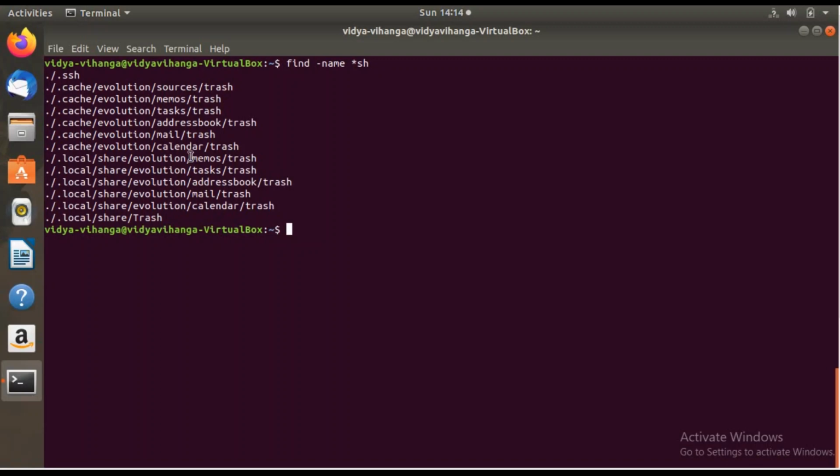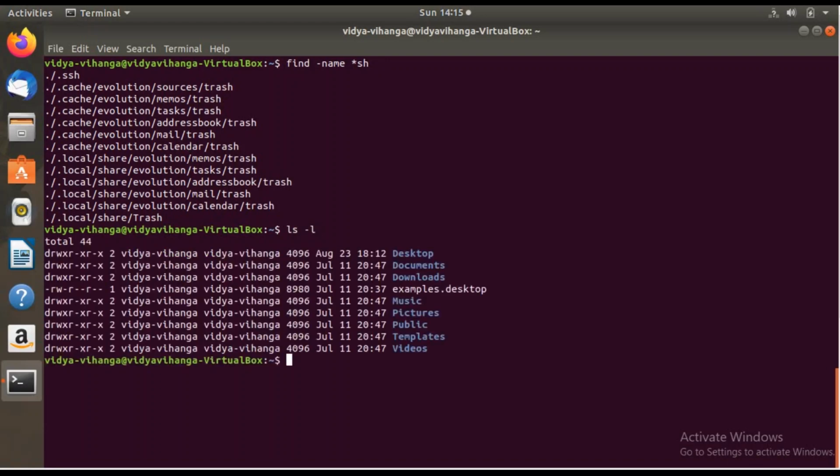Now let us check the last command, which is called alias. The alias command is used to rename a command the way you want. Suppose there is a long command which is difficult for you to remember, you can simply change it to a word or a letter which you can remember easily. Let us see that ls -l gives a list of all directories available on this PC.